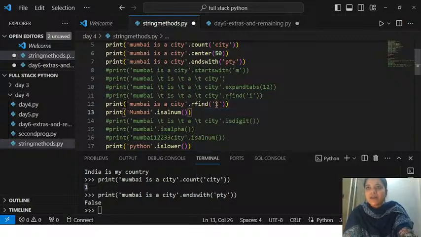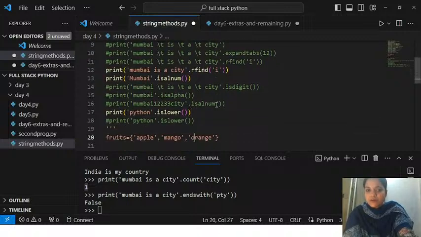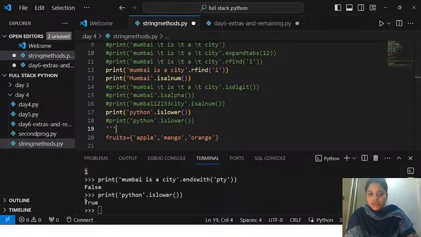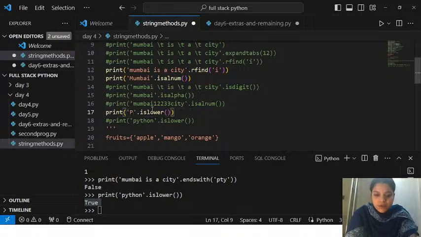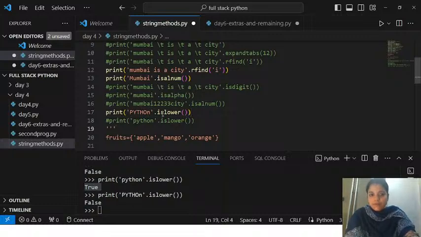Otherwise, is alpha, is digit, is alphanumeric were the other functions that we saw. Is lower, is upper. It tells me true, yes, Python is in lower case. But if I write Python like this, P-Y-T-H-O and still N, false, because there are still so many letters which are in upper case here.